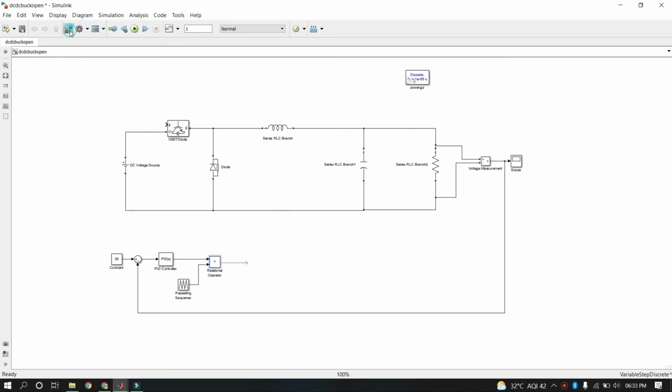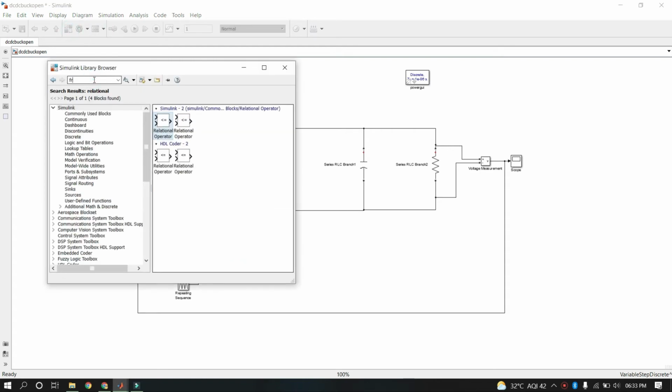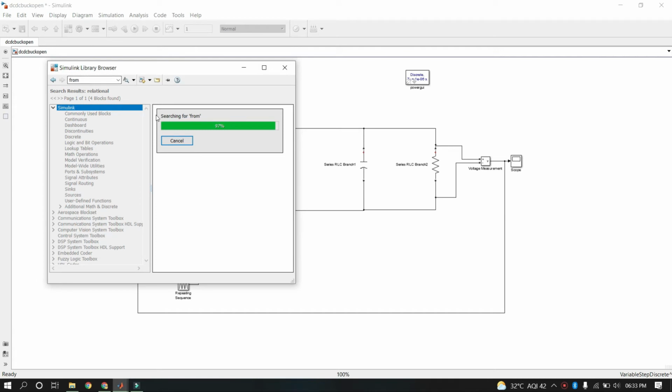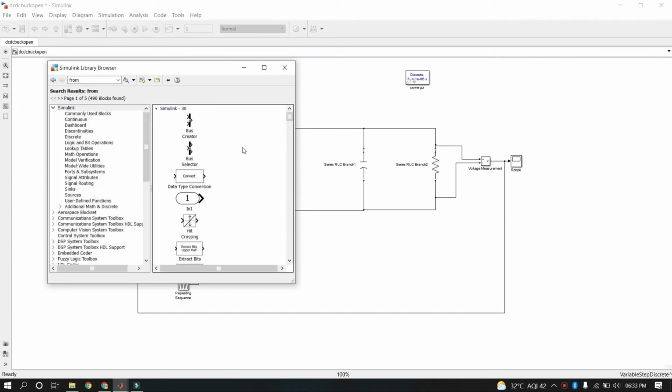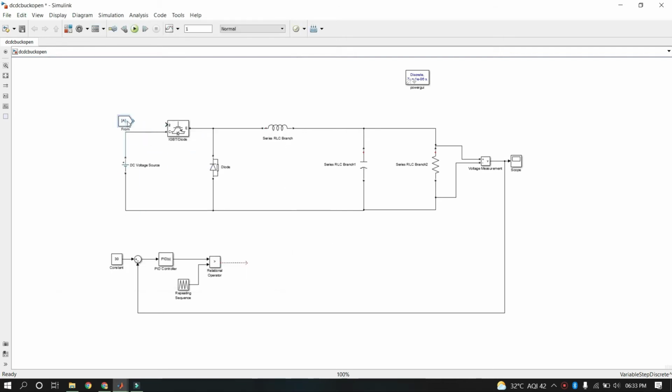So for that I will take the from tag. Okay, so this from tag I will take and I will connect over here. So it is saying that the signal is coming from this relational operator, right?